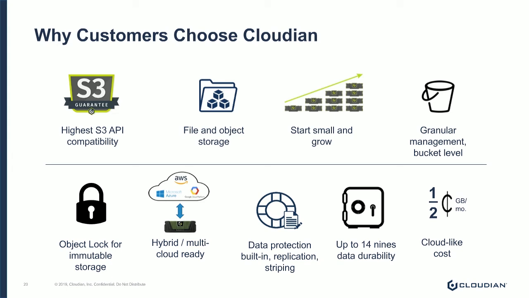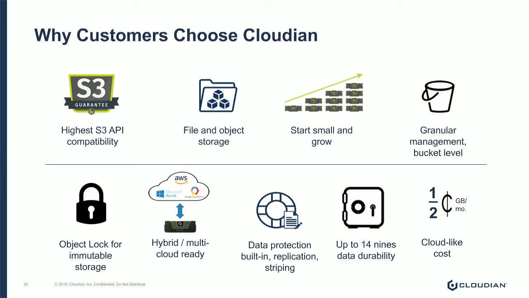So if I go to the next level, peeling into why customers choose Cloudian, we have always stated that Cloudian has the highest S3 API compatibility, and we offer the industry's only guarantee saying that if your applications use S3 APIs and they work with Amazon S3, you point them to Cloudian and it will work. We guarantee you that, right? Else we give you money back. We have the ability to support file, so that legacy applications that still rely on file access can still take advantage and benefit of the object storage underneath. We have a file controller that sits on our object storage,